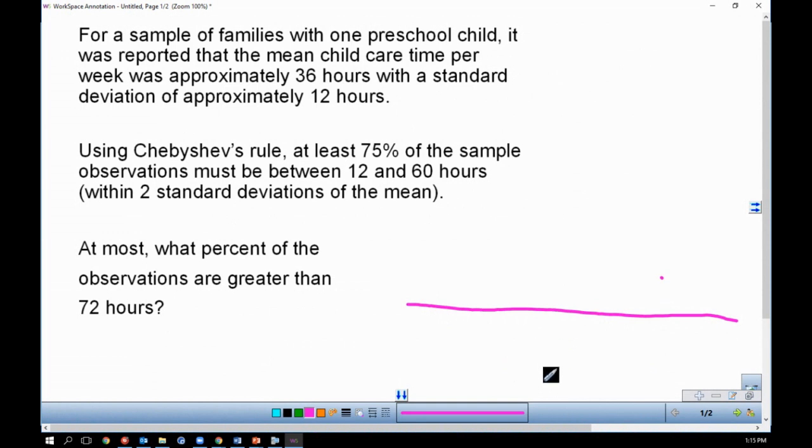So what did they say the mean was? 36. Now, it doesn't have to be symmetric. I'm going to try to make it symmetric, just for the sake of the example. But remember, Chebyshev's can be used with any shape. Okay, if we label this using standard deviations, so our mean is 36. If I do my units here going up by standard deviations,